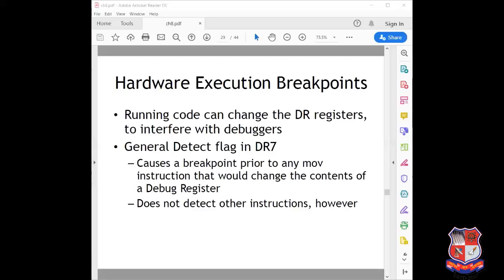Another drawback is that there are 8 debug registers from DR0 to DR7 on the chipset, but only 6 are used. The first 4, DR0 through DR3, are considered debug address registers and store the address of the breakpoint.